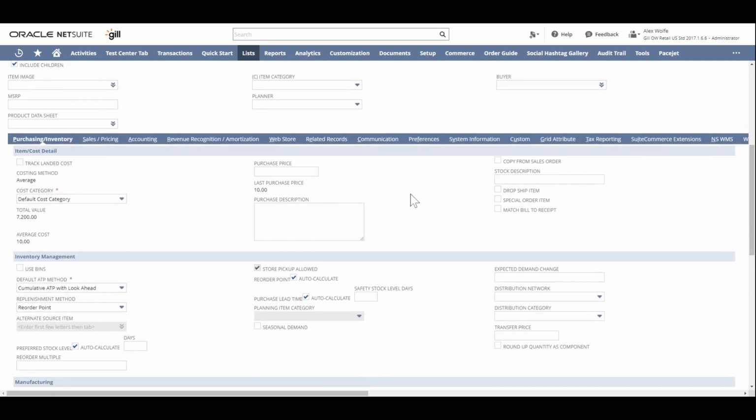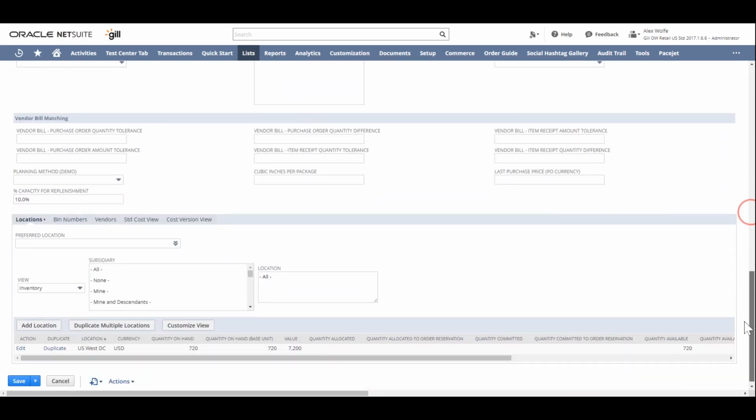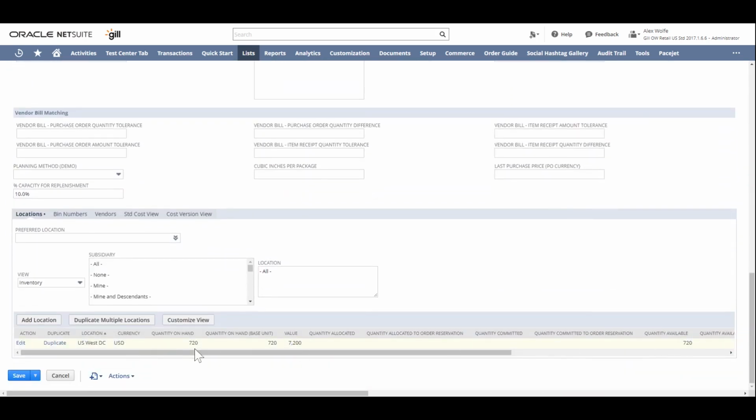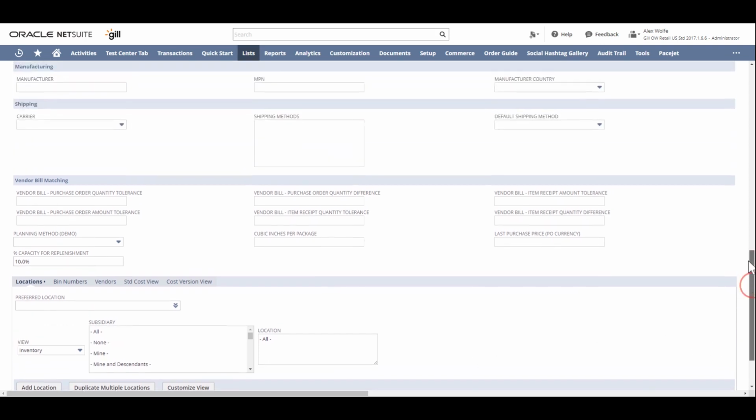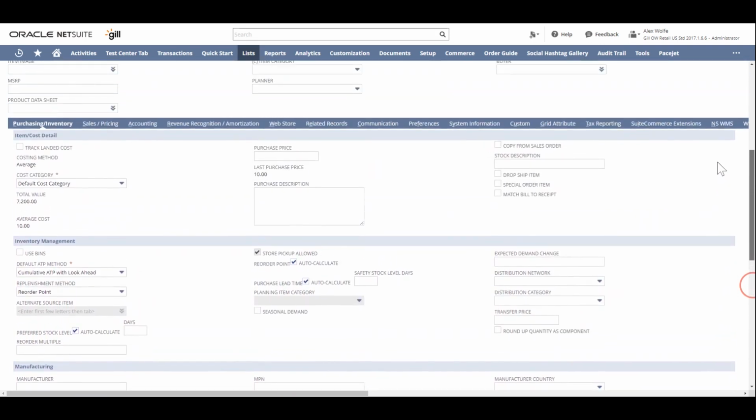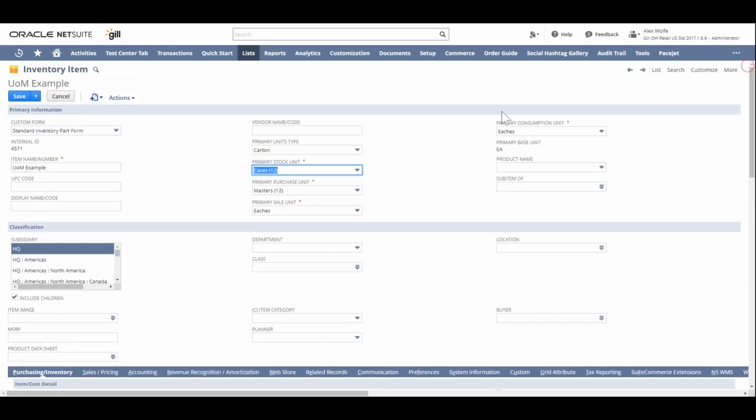Just before I save this, I'm going to scroll down and take a look at my inventory. So I currently have 720 units on hand. And you'll notice I have 2 columns here, quantity on hand and quantity on hand base unit. Because I haven't saved, none of my changes have been applied yet, but we will come back and refresh this momentarily. Additionally, you'll notice all of these header sections are just in a base unit, essentially. There's not a designation of unit here at this point. So once I save this,